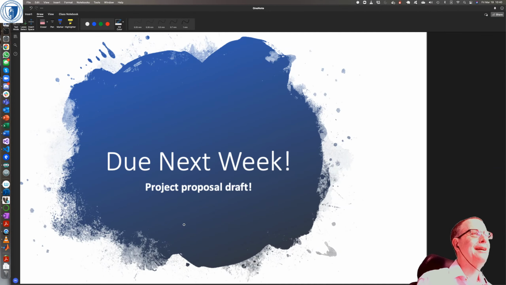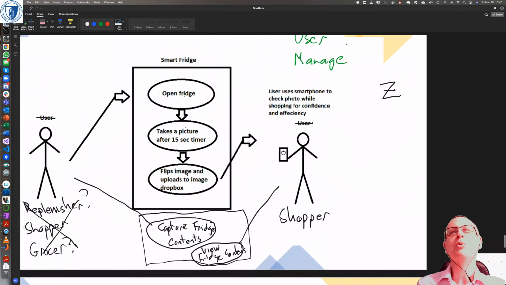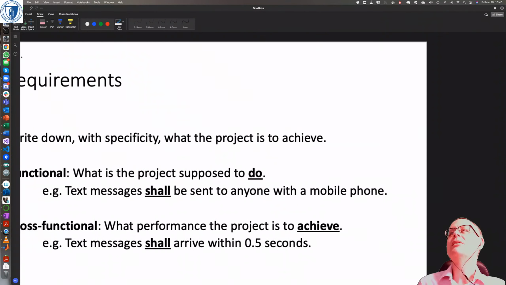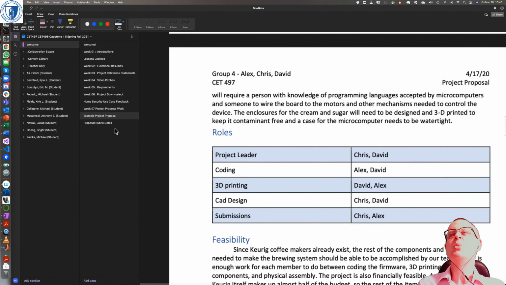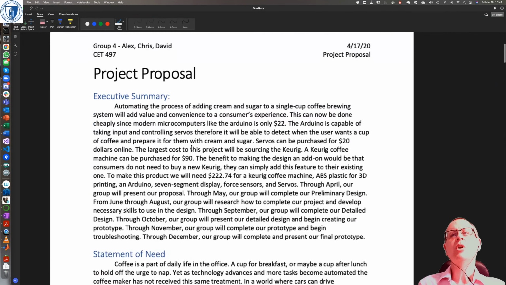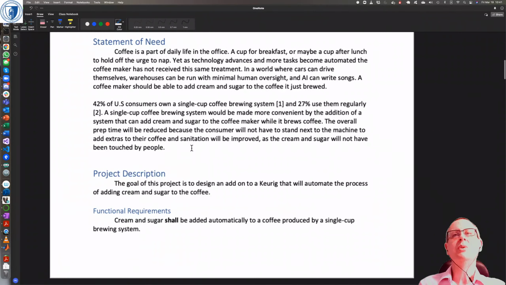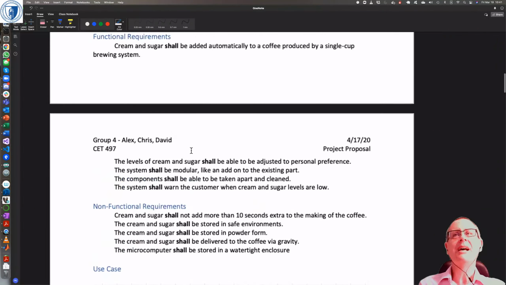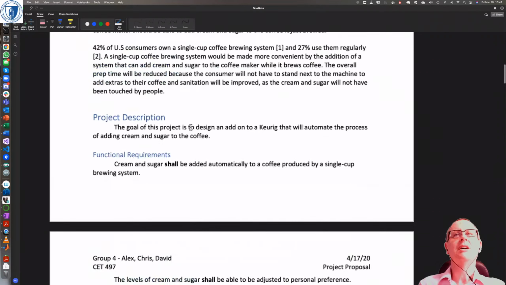Next week, and it is only a draft, I want you to have a look at putting together a first draft, and it's going to be nowhere near complete. So don't worry about completeness. But what I want you to do, and I haven't added a template, I think I have a template for this, is put together something like this. You already have the shall statements, right? You've already got